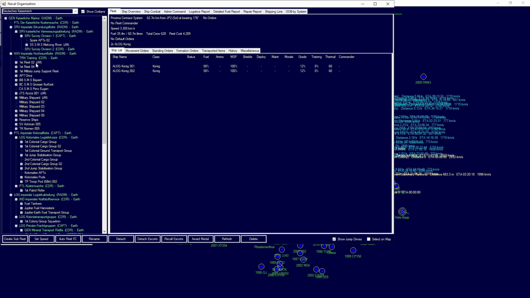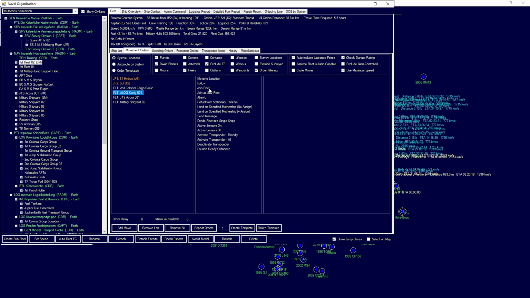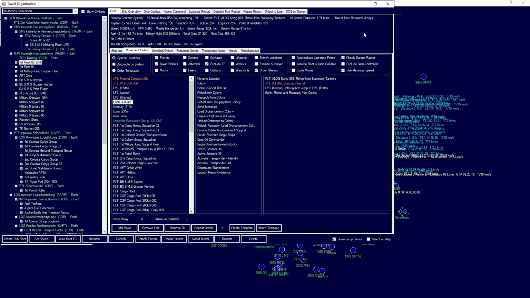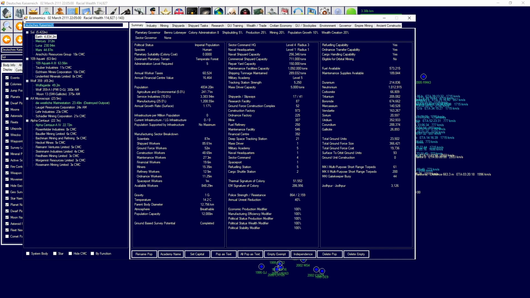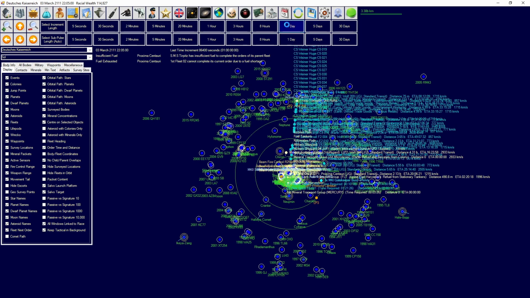They've arrived. Do a refuel. We should have had them with us anyway, but yeah, what can you do? Begin a refuel from the Koenig. There we go. Then go back to Seoul, then head back and do refuel and resupply. And what are the current fuel supplies? Fuel not looking too hot on the planet. So once you've refueled,